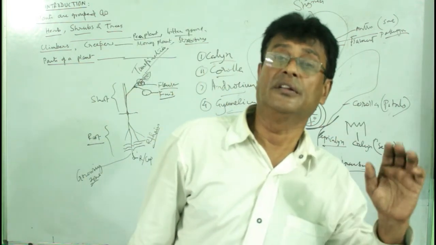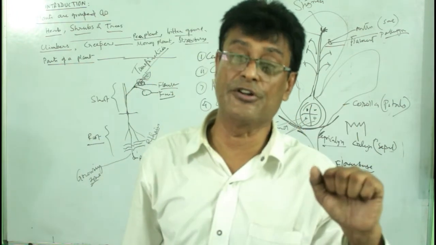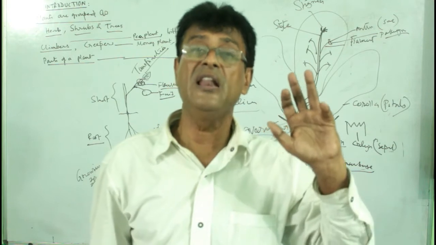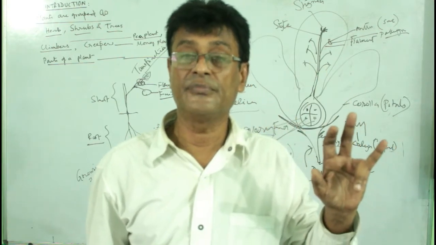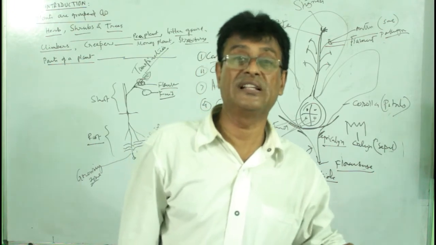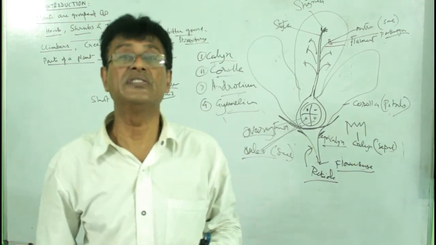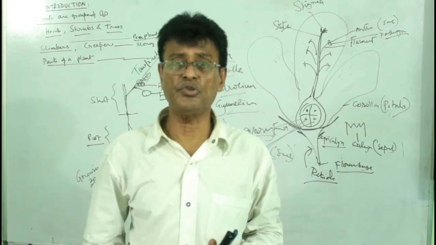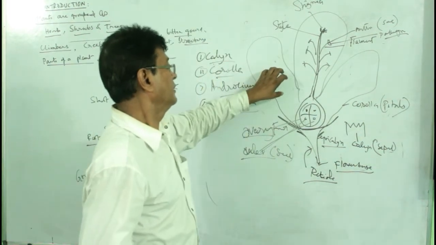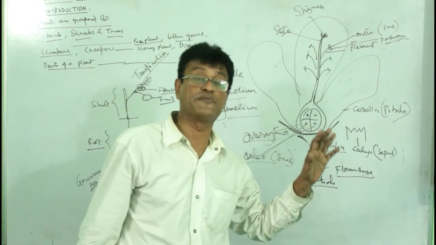There are 4 rows: calyx, corolla, androecium, and gynoecium. That means sepal, petal, stamen, and pistil. These are the 4 parts. So that is how it is done. Okay, so this is the typical flower, and when the flower fertilizes, that means pollination is